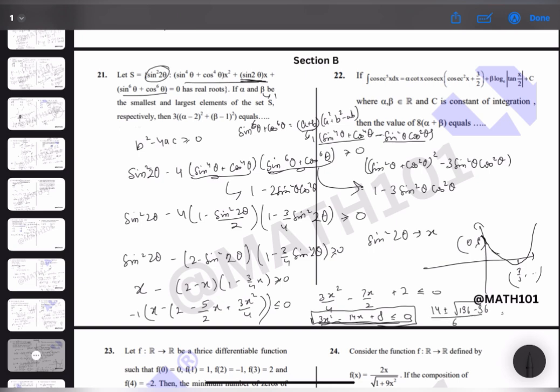Obviously we will have to reject the larger root because it is greater than 1, and obviously sin square 2 theta cannot be greater than 1. So 14 minus 10 by 6 is 2 by 3. So x equals to 2 by 3. The lower root, this point, is alpha. So alpha is equals to 2 by 3,